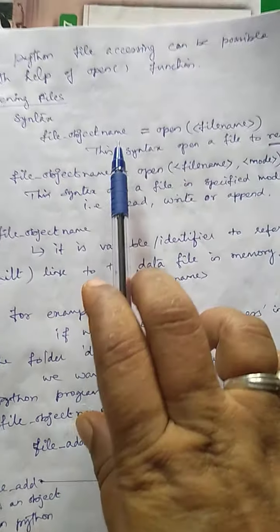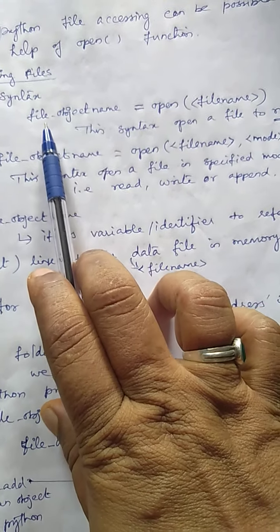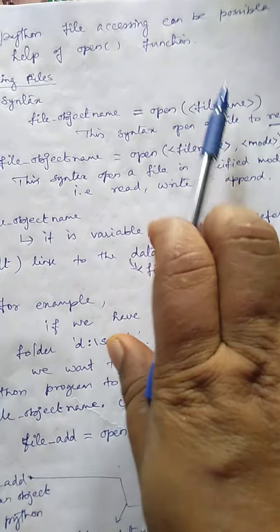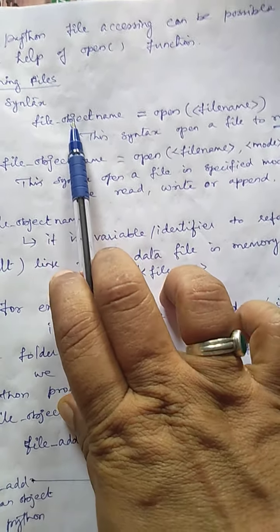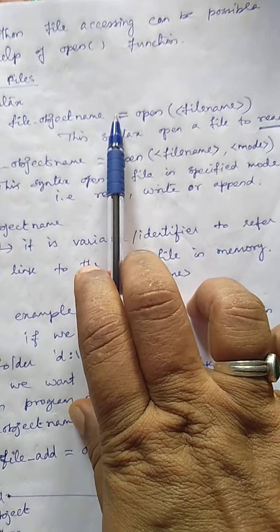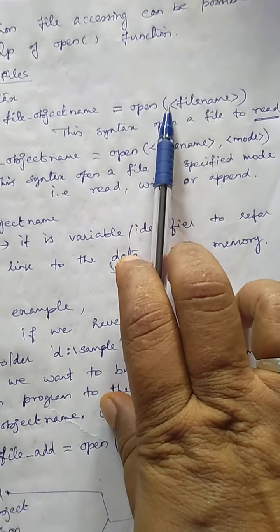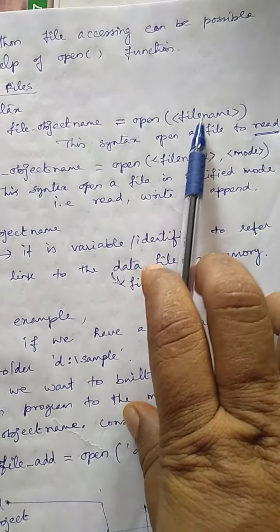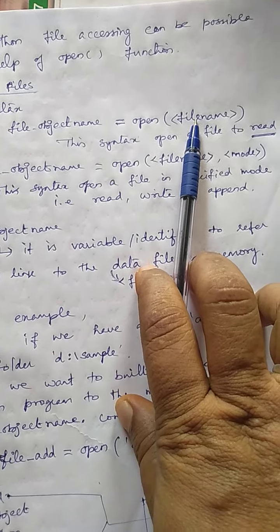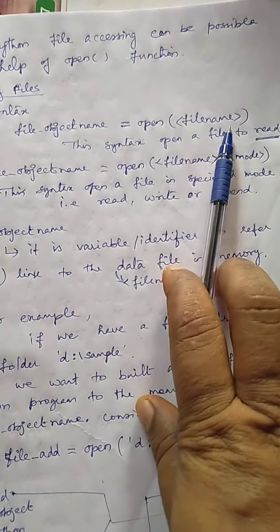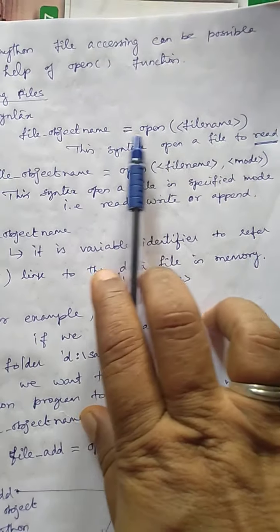How to open a file? We discuss the syntax with this example. The syntax is file object name. What is that? The file we are going to open is referred to by this file object name. So we give the file object name, then the sign equal to, then open. Open is the name of the function. Within this function, the argument is the file name. The file name is compulsory, and we can give a file mode if we want to specify one, otherwise it will be the default R mode. So this is the syntax for the open function.